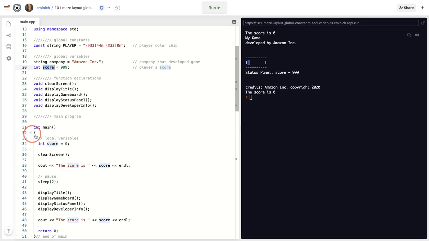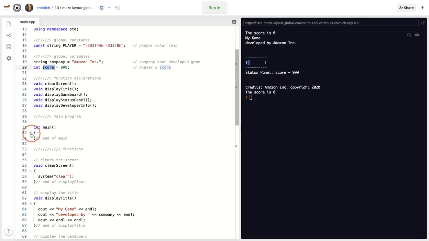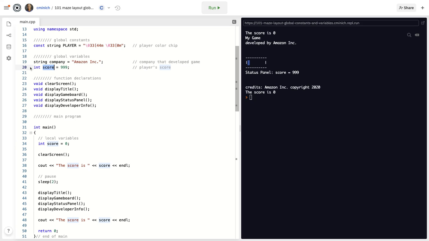This one sort of lives in New York City, but this one lives in New York State, which surrounds New York City and overlaps it, but it's a wider scope, as we say. Here, it's more narrow scope. Now, the real problem is on line 38, when we print perhaps this game score at some point of action, right here, because I did not put double quotes around the letters SCORE,